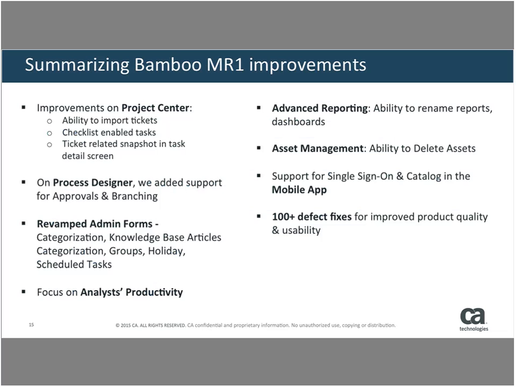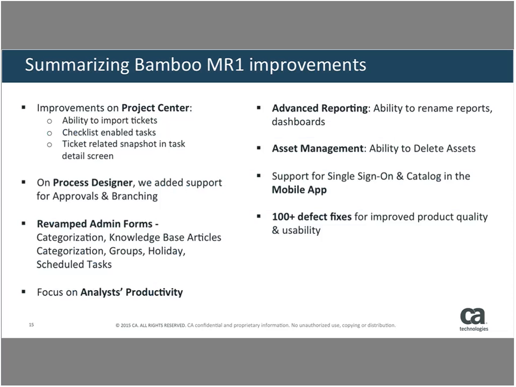So before opening up for Q&A, I'll just quickly summarize what we just covered. On the project center, we have added a few key enhancements. The first one is the ability to import tickets, checklist-enabled tasks, and a ticket-related snapshot in the task detail screen. On the process designer, we have added support for approvals and branching. We have revamped some of the commonly used admin forms. There were a lot